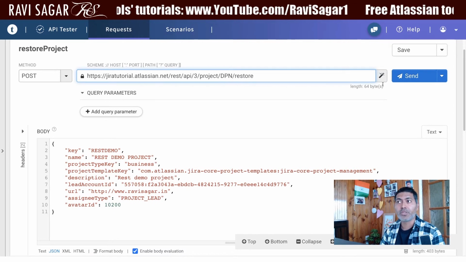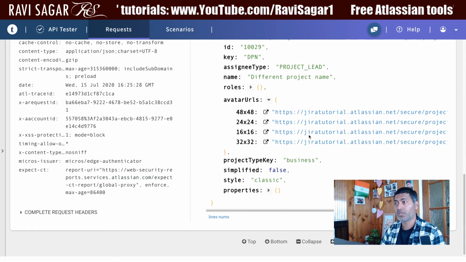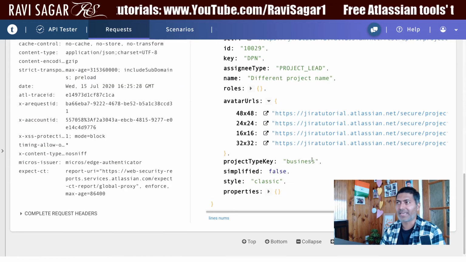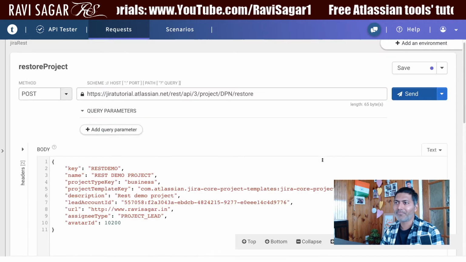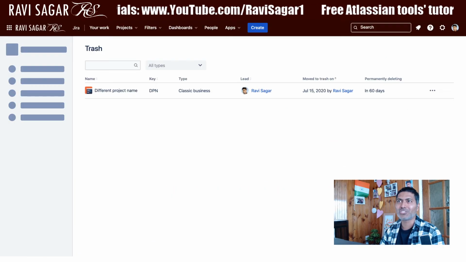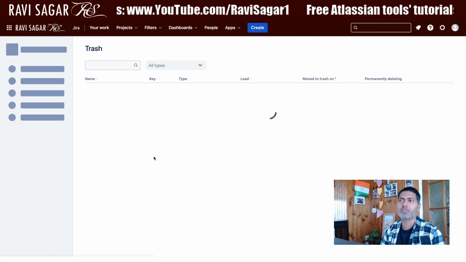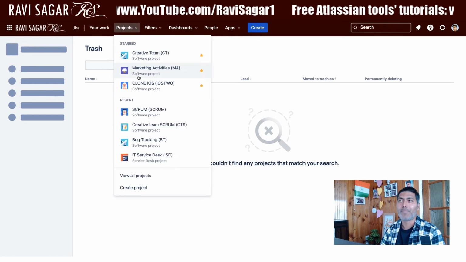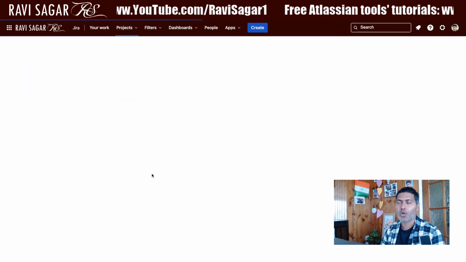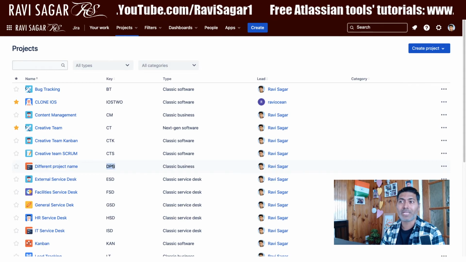But if I try to restore DPN, let us see what happens. So it will give you the output here that something has happened. It is not really an error, but if you go to your trash again and refresh it, this project will be removed and restored back to your list of projects. Now, if you take a look at the view all projects, you will have a new project called DPN.